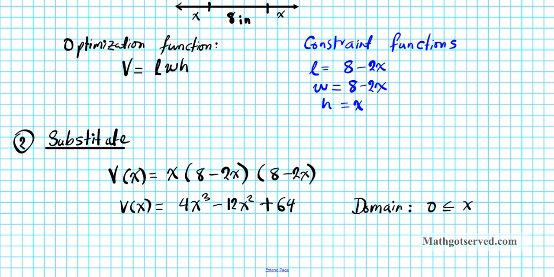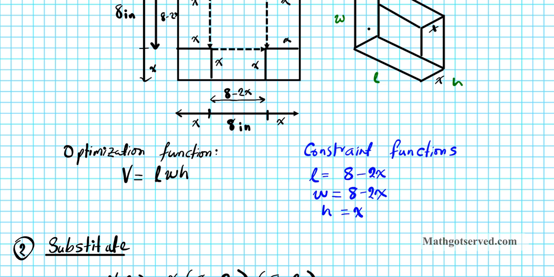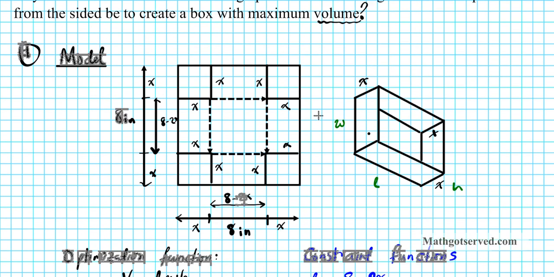Now, how big can x be? We know that we don't have an infinite amount of material. The material here is constrained to 8 by 8. So how big of a box can we cut out from every side of the 8 by 8 square? To see the maximum cut we can have here, we can just look at the midpoint. I'm going to sketch the midpoint right in a minute. All right, so see this line basically shows you the biggest squares you can cut from